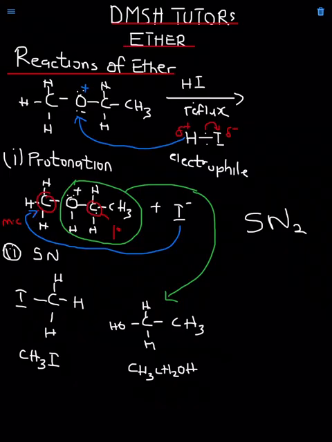Since we don't have tertiary carbons, it means that the iodide will have to attach to the methyl carbon or the less substituted carbon. Then the other carbon will now lose the leaving group. So the two of them are working. The iodine is working, then the carbon that is attacked by the iodine is also working. So we have SN2. The reaction depends on the concentration of the two reactants, the iodide and the compound that has been attacked.